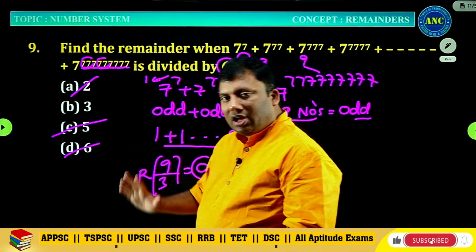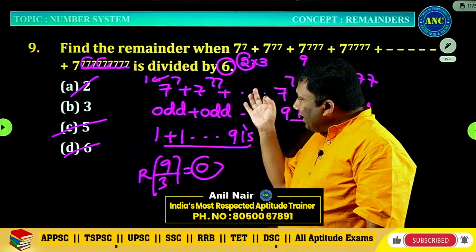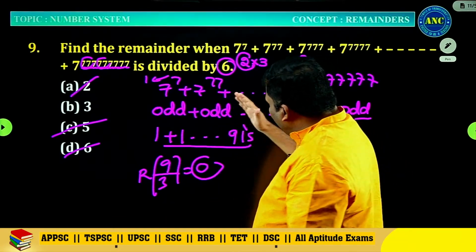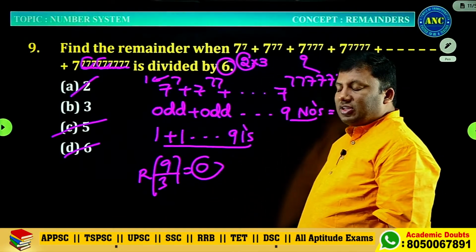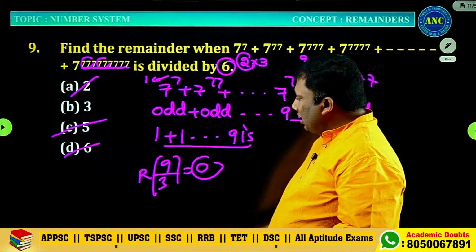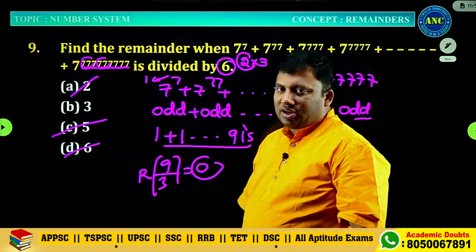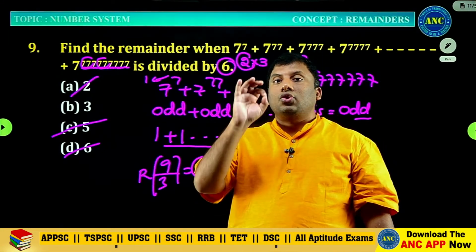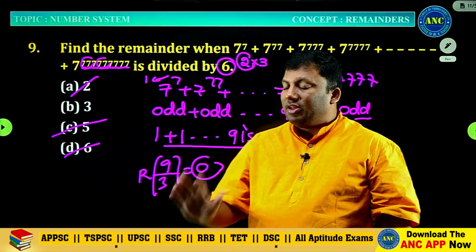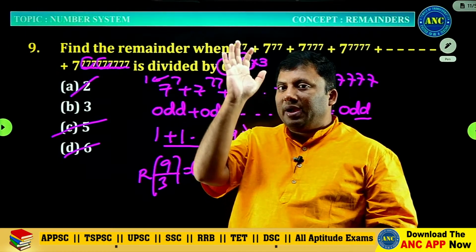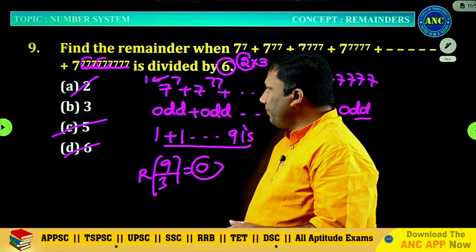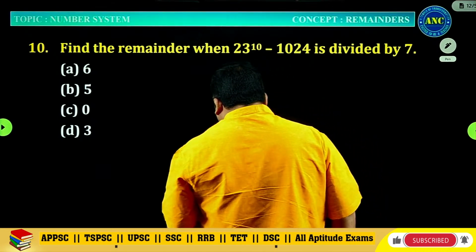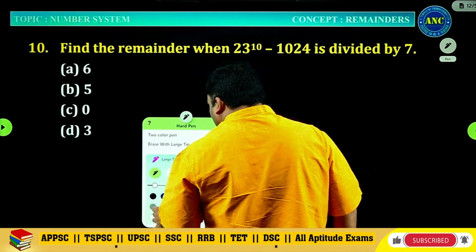First out, last out. It is divided by 3. 3 2s are 6, 1. Like that 1, 1, 1, 1. 9 odd numbers are there. 9 1s are 9. 9 divided by 3, remainder 0. The answer should be perfectly divisible by 3. The answer when divided by 2 should give a remainder 1. I hope the idea is very much clear.